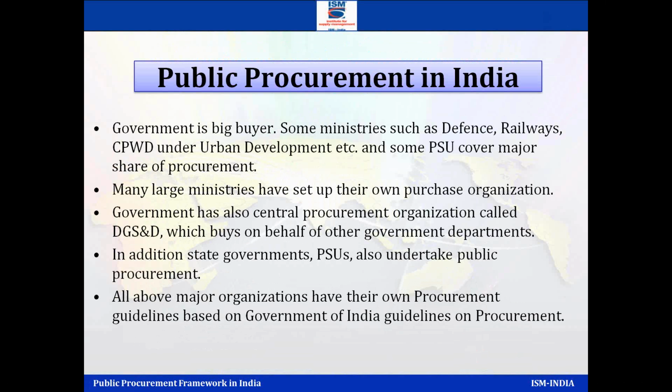The DGS&D's job is basically to do strategic procurement. So they see these are items which are bought by everybody, the common user items. For those common user items, they try to negotiate the price, so everybody doesn't have to bid for it. You can imagine if each state is buying, their volume is smaller. But if DGS&D can compile all the volumes and get a volume discount, everybody can take benefit of it. That's the role.